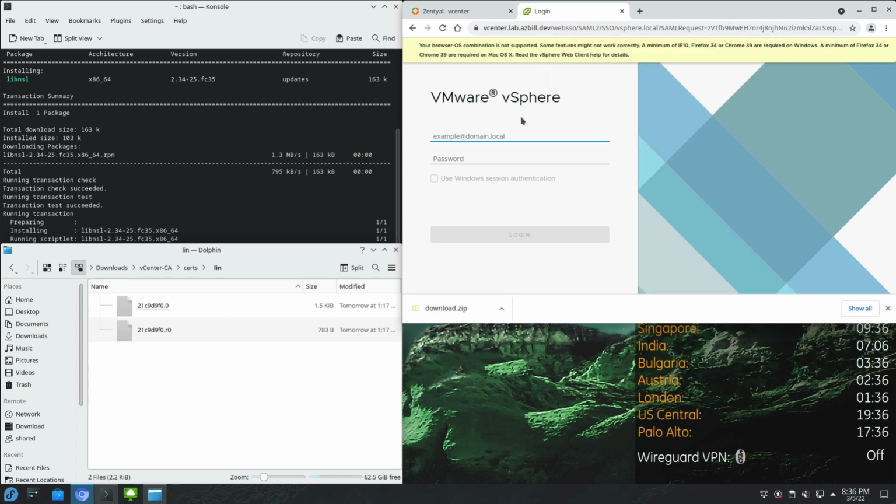If we think back to the installer, it did prompt for the administrator password as well as the SSO domain. So we kept vsphere.local, so we'll log in as administrator at vsphere.local. With our password there. That'll take a moment to get logged in.